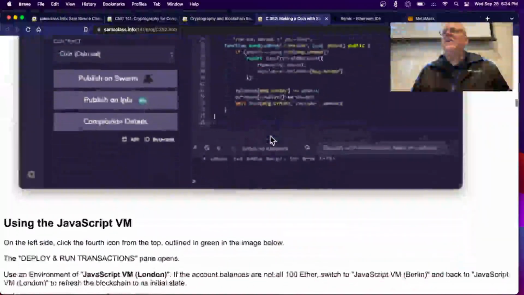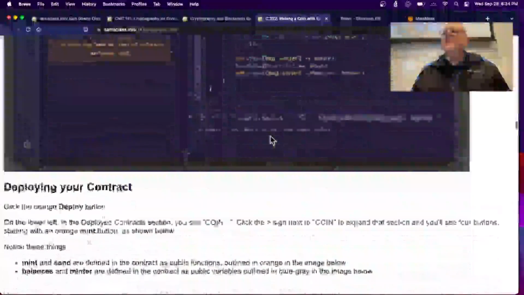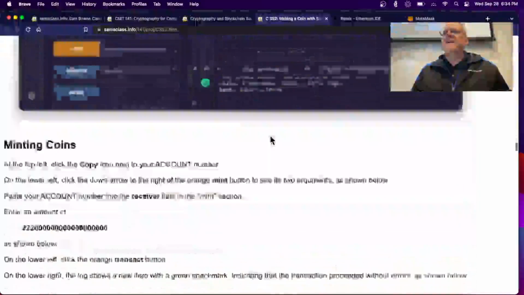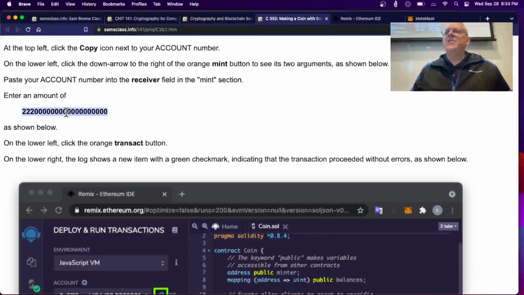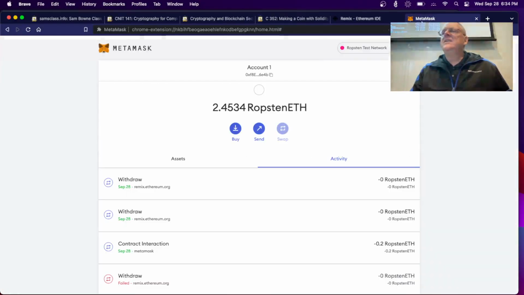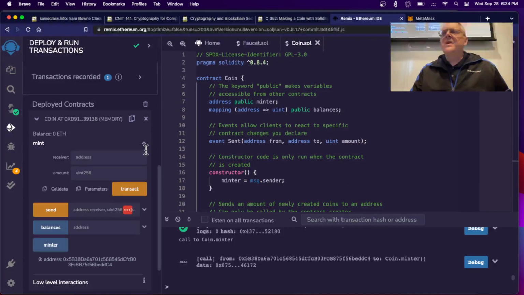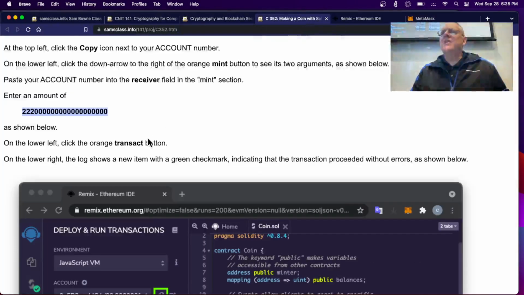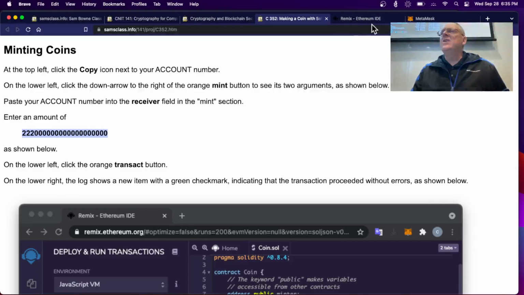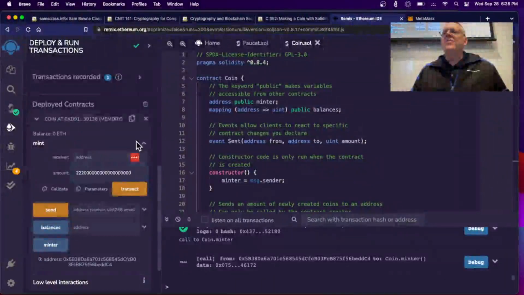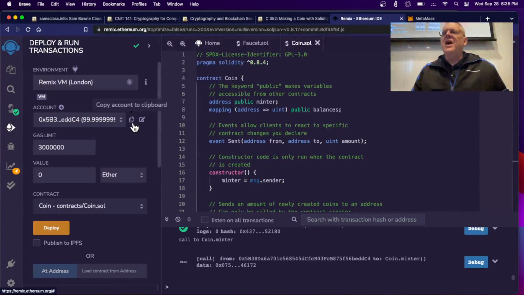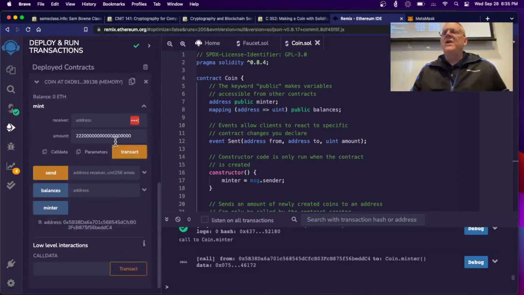So I can now mint some coins, and let me go look at my instructions here to see if we compiled it. Used JavaScript, deployed it. All right, now we're going to mint some coins. That's what I was looking for, this stupid number. All right, we're going to mint that many coins, which is here. Okay, so I'm going to mint. All right, that many coins. And I think I want myself to be the address. Let me just check what I said here. Yep, your account number into the receiver. So I go up here and get my account number, which is this, copy it. And I put it in here,